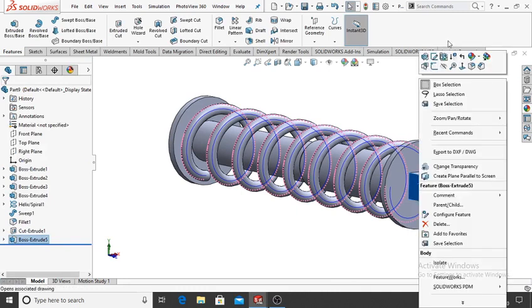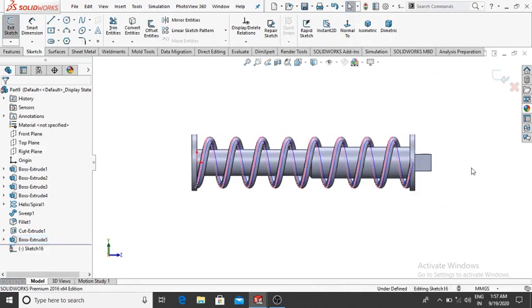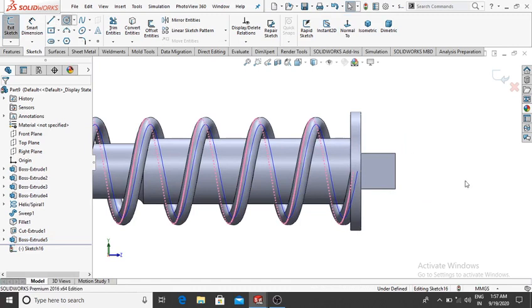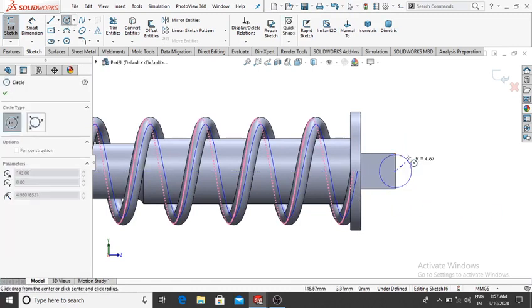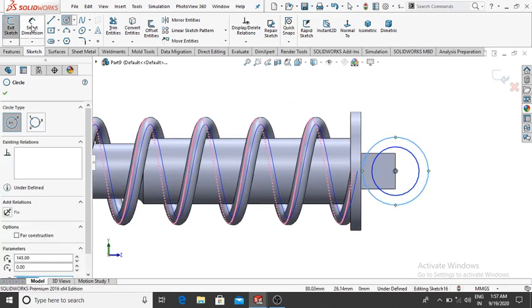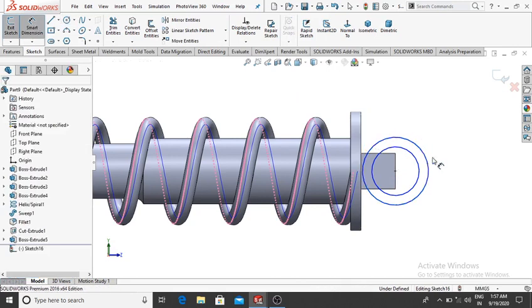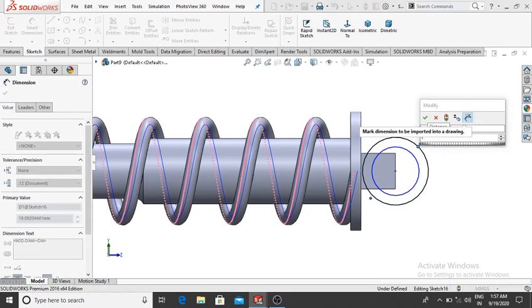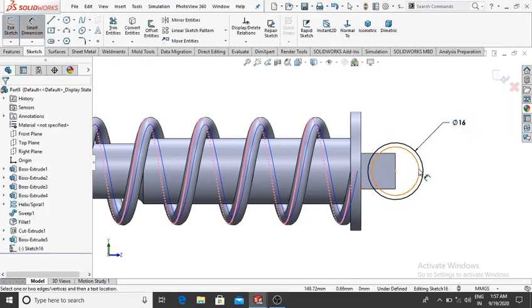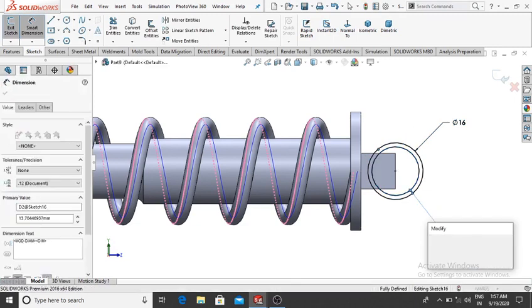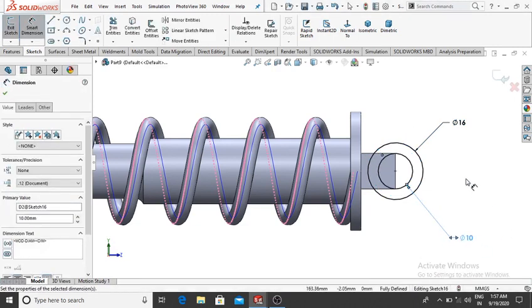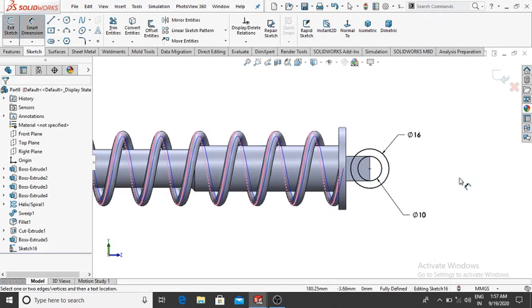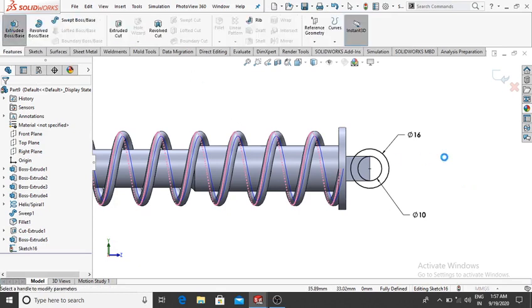Now again select this face, right click, Sketch, Normal, and here we make two circles from this midpoint, so select first circle and second circle. Now go to Smart Dimension, it will be 16 mm, and this circle will be 10 mm, then OK, and here make the Extrude Boss/Base, so go to Features and select Extrude Boss/Base,